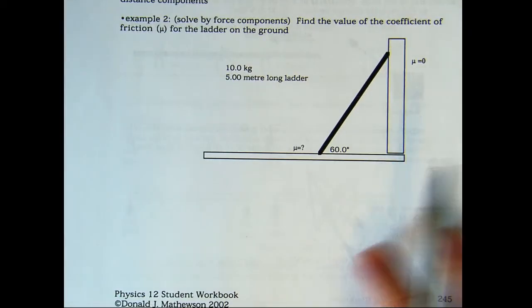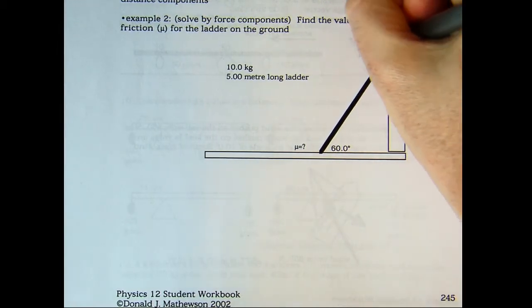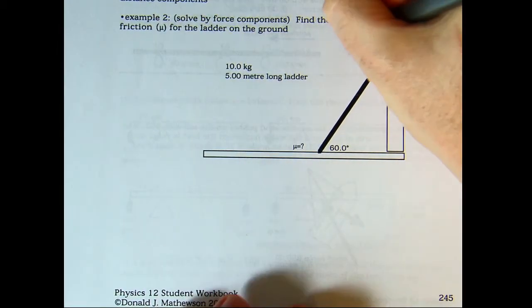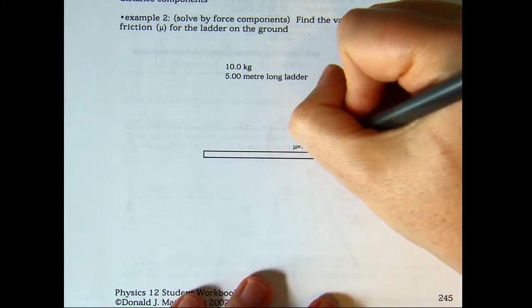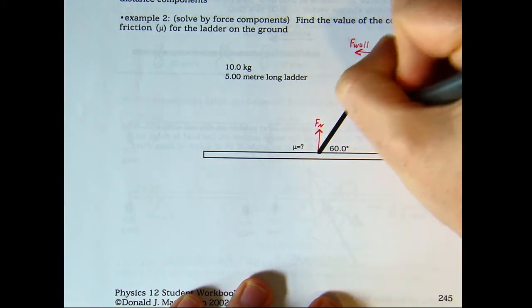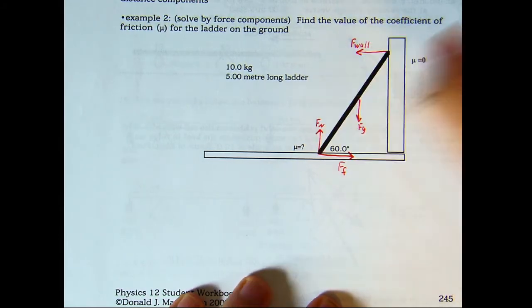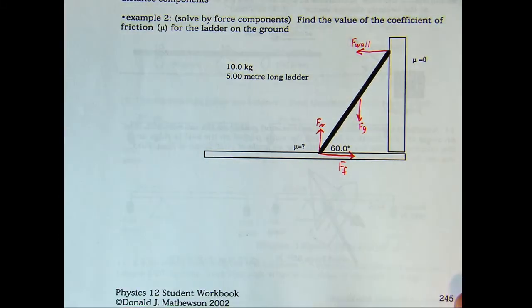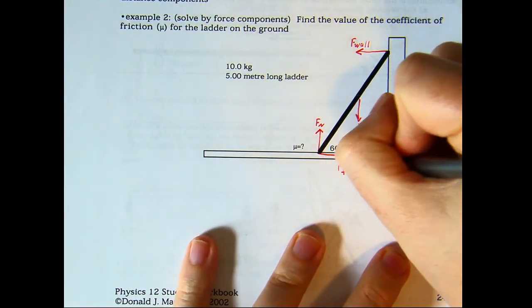So here we go. We've got some forces acting here. We got a force from the wall going straight that way. I'll call that F wall. I called it Fn before, but I'll call it F wall now. I've got an Fn from the floor. I've got an Fg acting from the ladder, and I'm going to have a force of friction this way. We want to know what that mu value is. So force of friction is equal to mu Fn,